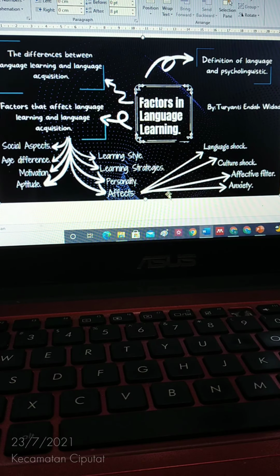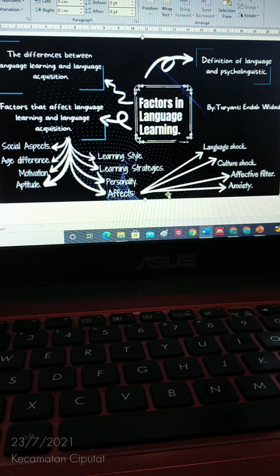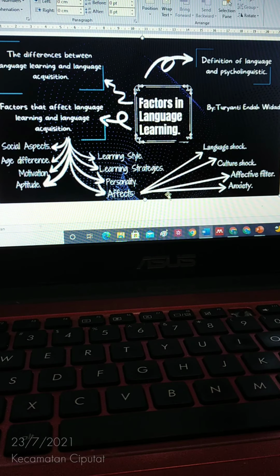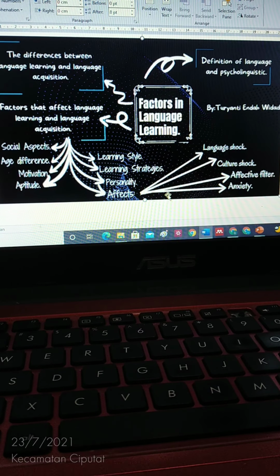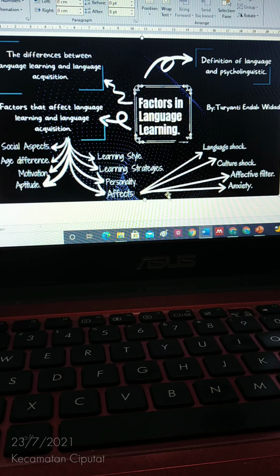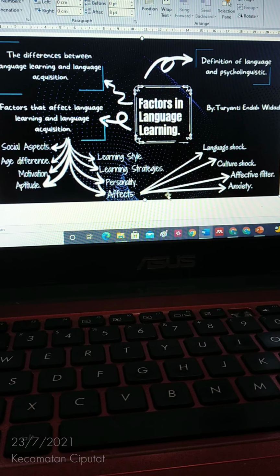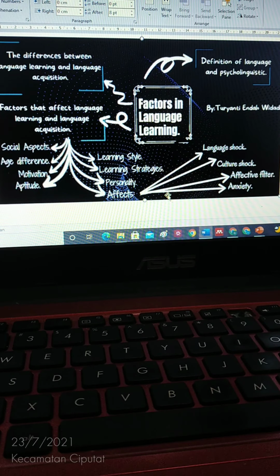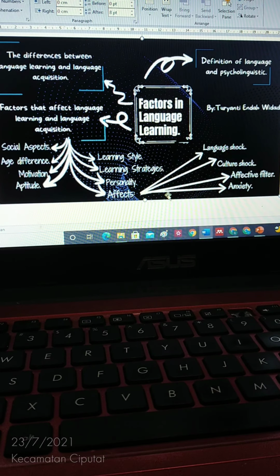learning. And when a second language learner can integrate with the culture of the L2 socially and psychologically, the learner is considered to be acculturated to the L2 culture. L2 is second language, which is called acculturation. That is, the successful integration of the learner with the culture of the L2 socially and psychologically. By Schumann,